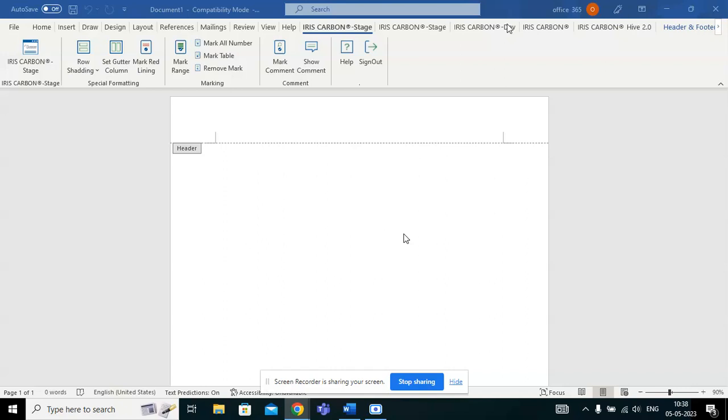Now let's see how we are supposed to use the Iris Carbon Hive. So the very first step is that the user needs to open a Word or an Excel file on their desktop, and they need to load the add-in, which is the Iris Carbon Hive from the Microsoft Store. So once the add-in is loaded, they just need to simply click on the Iris Carbon, and once clicked on the Iris Carbon,